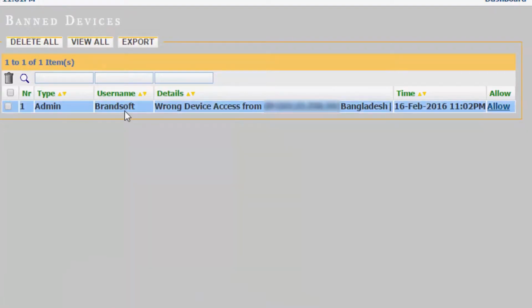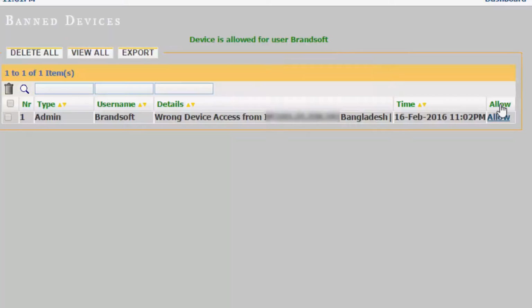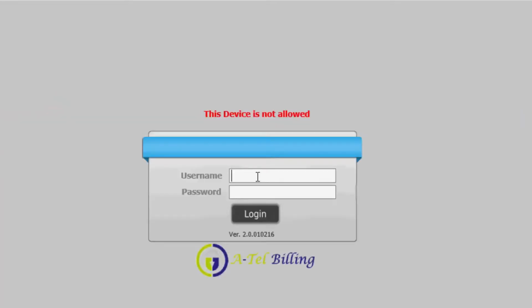Here we are seeing the username, IP address, location and time. If we allow this, then this device has been allowed to enter this billing. Now we can enter this billing easily using this username and password.